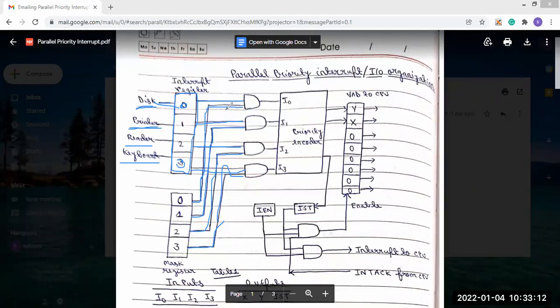Now let's say the device that generated the interrupt, the interrupt register value will go as 1 here. Let's say the disk generated the interrupt.